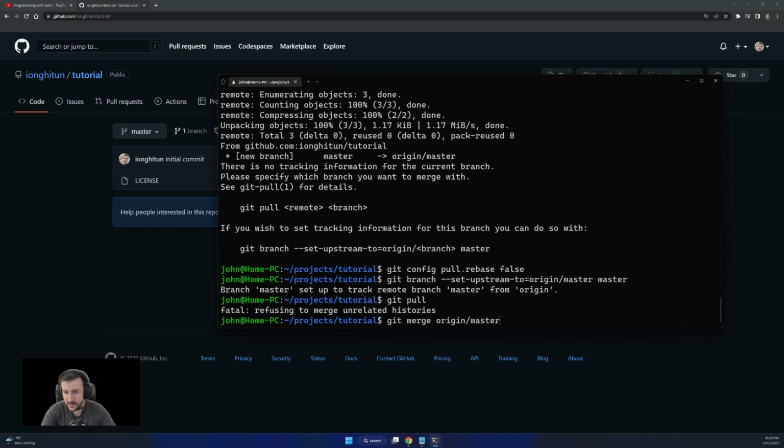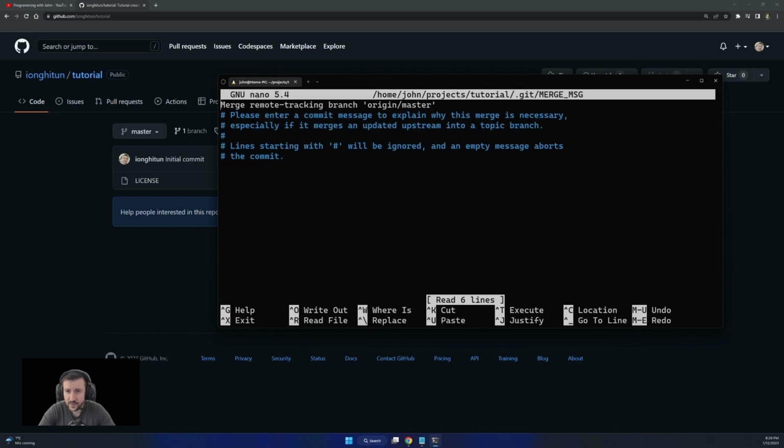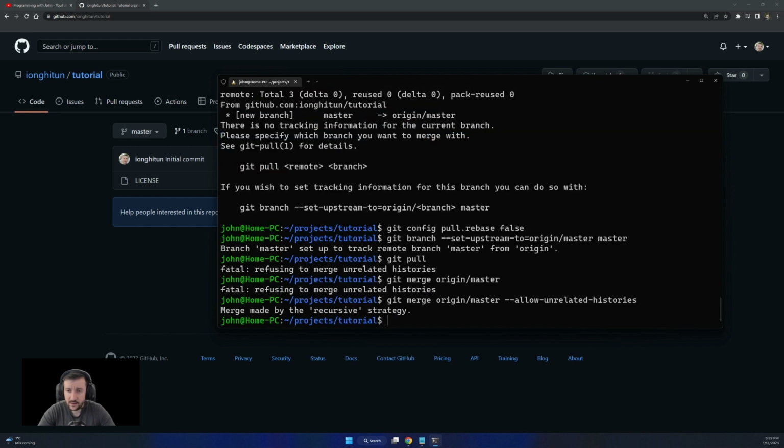And if I do it simple like this, it will still give me fatal, but I will put a flag in there, and I'm gonna say allow unrelated histories. I don't recommend using this command, only in case of new repositories, as is this one, because with an ongoing repo that you have data in there, you need to be extra careful with this command. So doing that will create a merge commit. I want to keep it, and that's it.